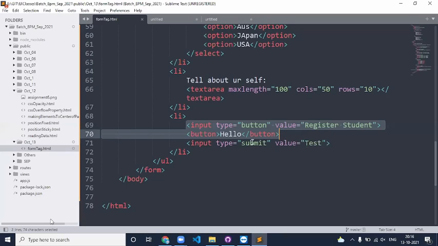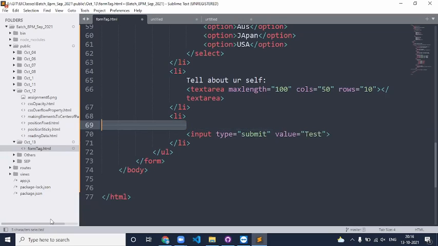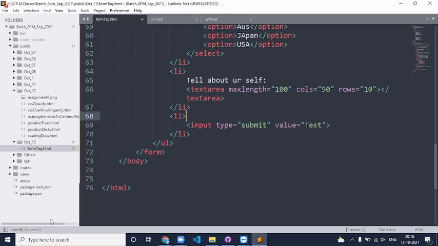But whenever you say input type equal to submit, so for now, we haven't learned how to read the data and how to send the data to the server manually. Because for that, you need to have an idea of JavaScript, which we haven't yet started. So that is the reason I say input type equal to submit.